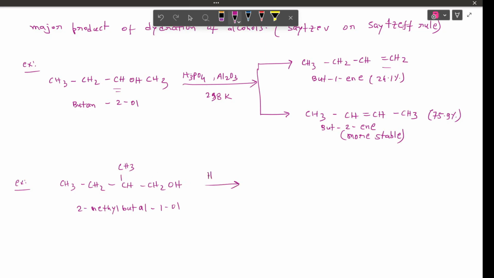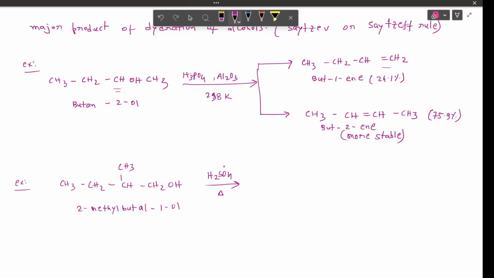So let us give one acid and heat. So dehydration of this 2-methyl butan-1-ol,